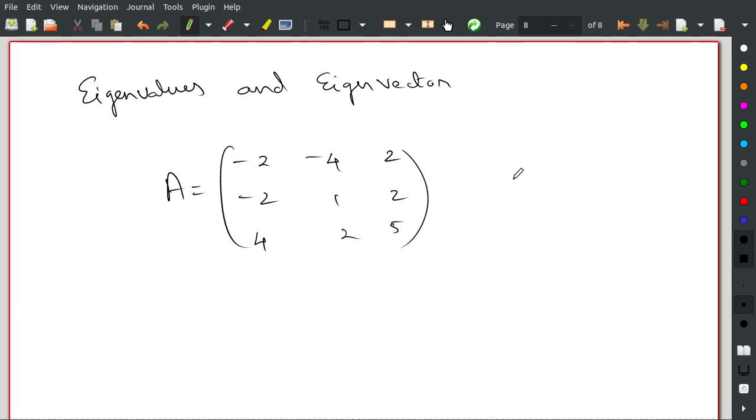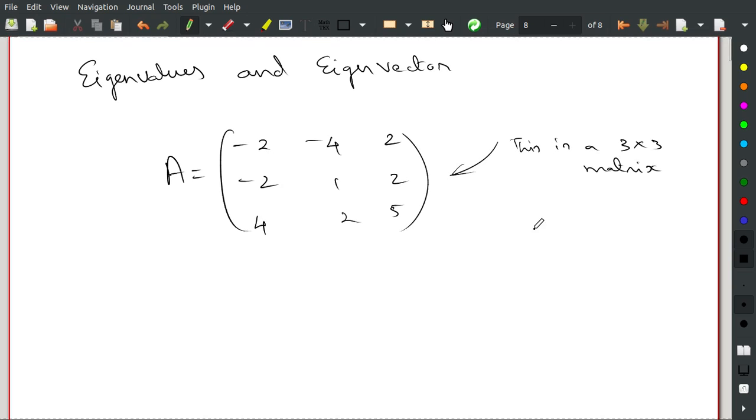So this is a 3 cross 3 matrix, right? What we are going to do is find the eigenvalues and eigenvector for this matrix. So in order to find the eigenvalue, we have to